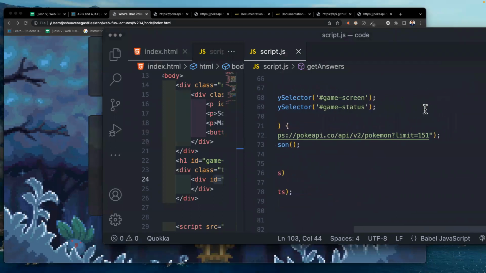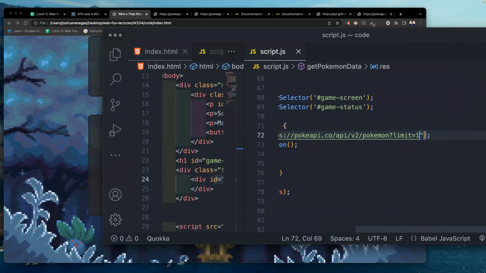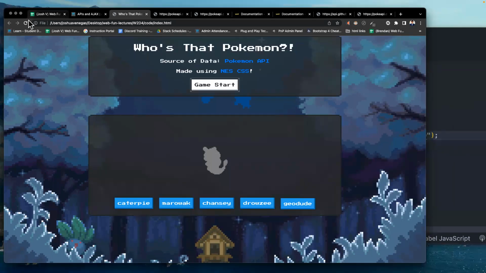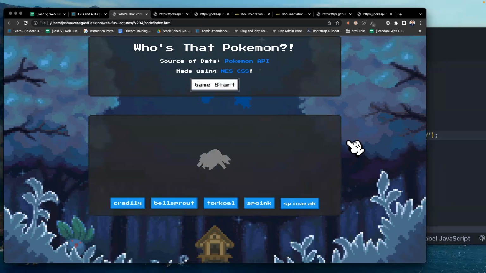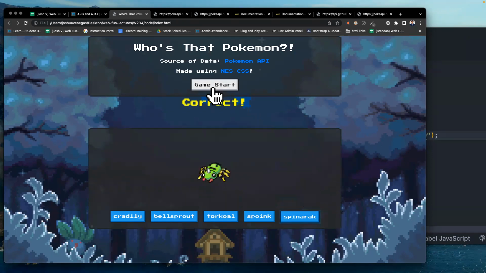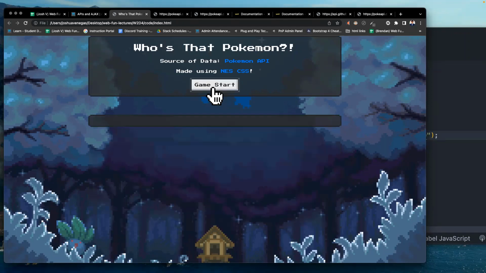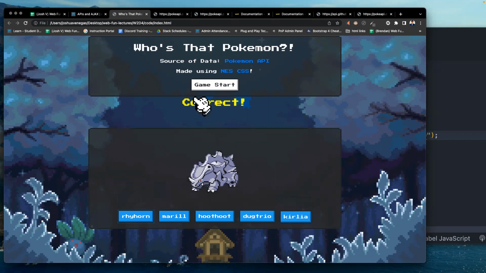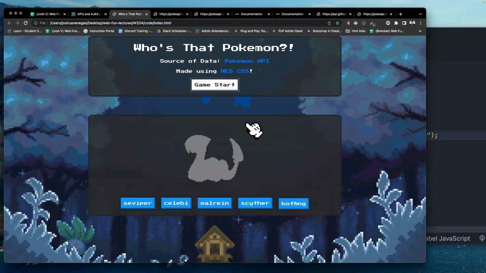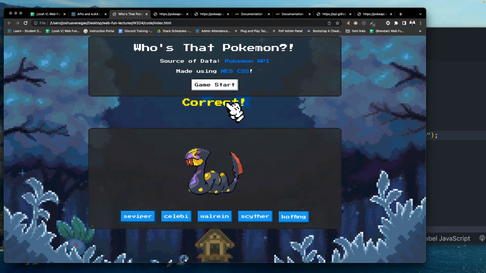What if I make this game a little harder? I'll increase the number here. So make it 400. What's this one? Spinarak. Oh, Matthew said that right away. I'm a Pokemon master, man. Oh, okay. We're dealing with that. Okay, what's this one? Rhyhorn. Oh my gosh. The first one, I just saw a viper and it looked like a snake.